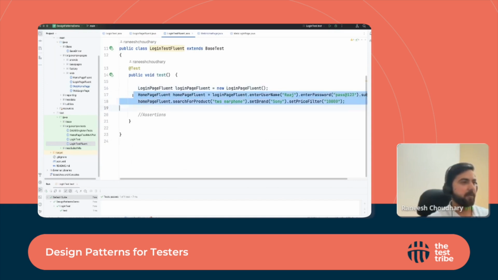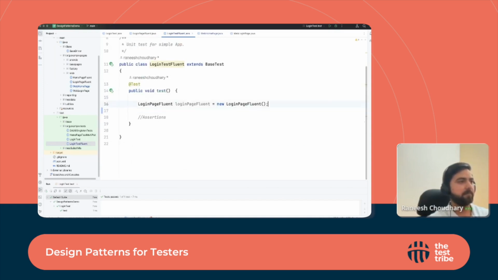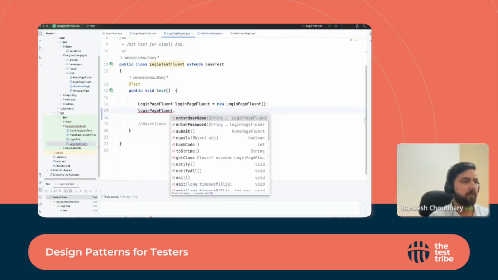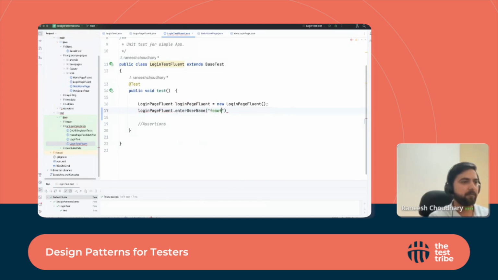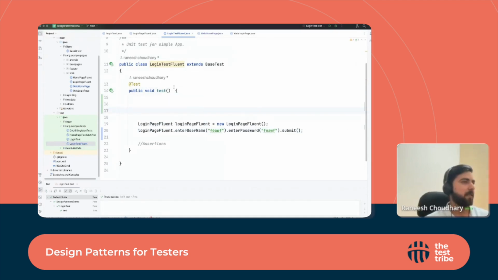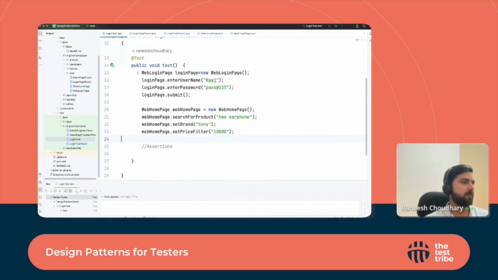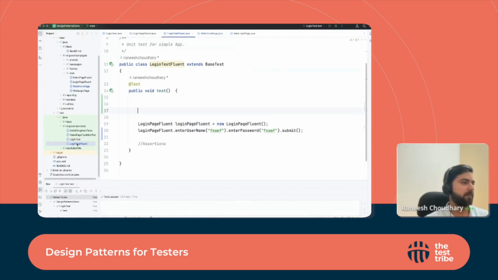Let me show what it will do. Let me remove this. So again we created an object of the page class that we just created. Now this is the beauty of this fluent pattern. We enter username, dot enter password, dot submit. If you compare this code to the code that we had here,